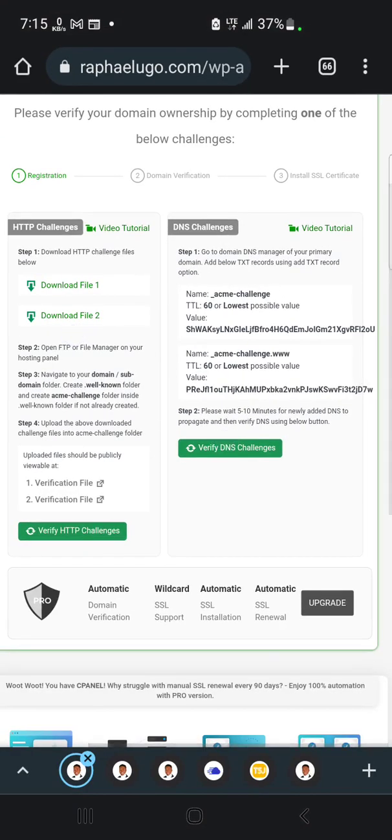Now click on verify DNS. If you did it wrongly, it will not work, so make sure you follow what I said exactly to achieve the best results. You have to wait from a minute up to 10 minutes before you click verify DNS again, because you need to properly authenticate it. So if you click on it,